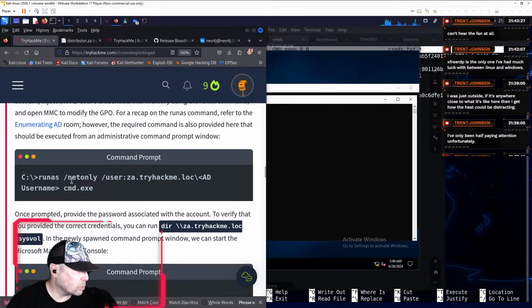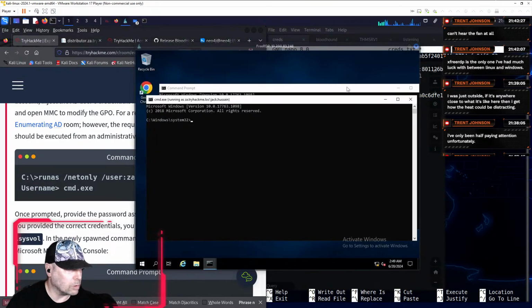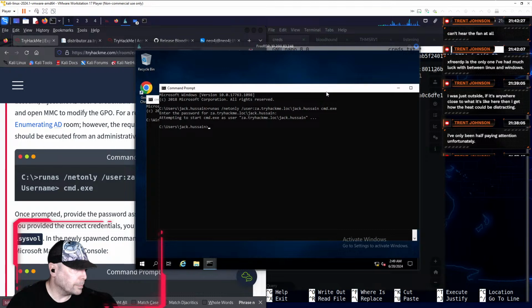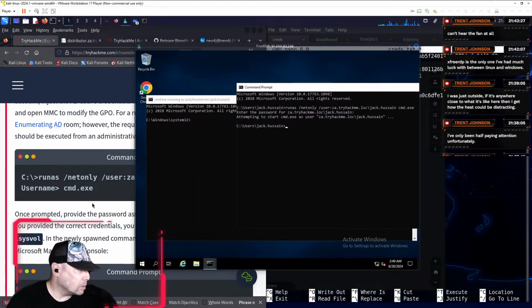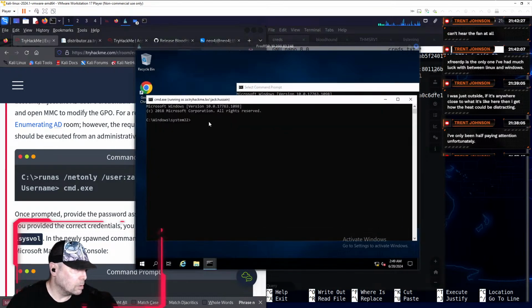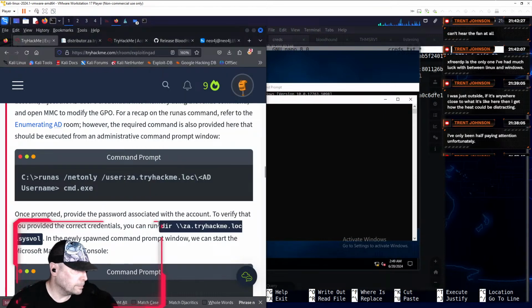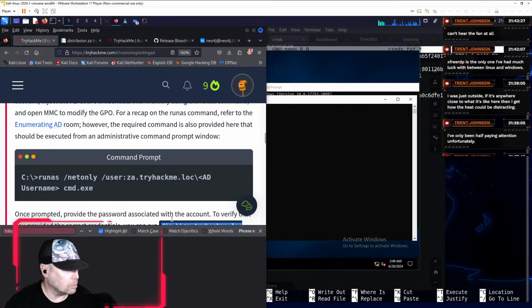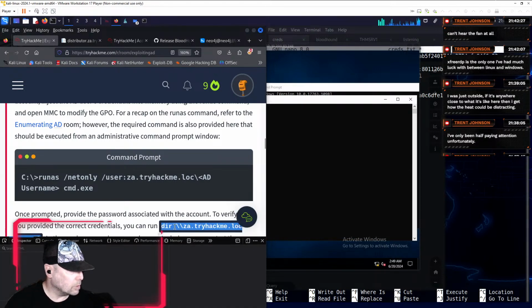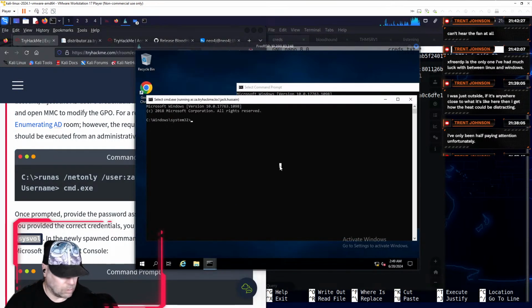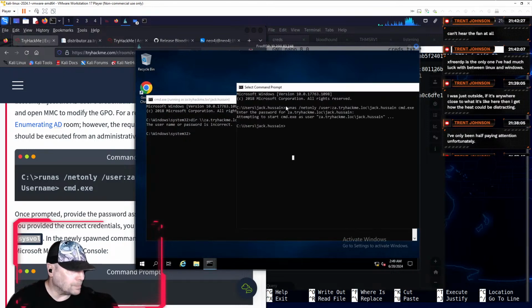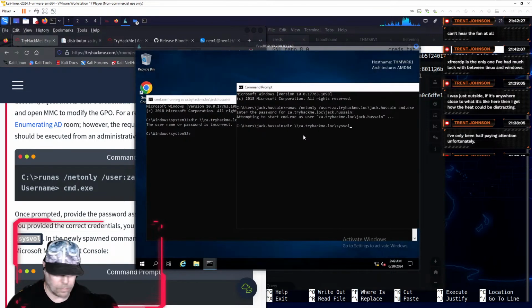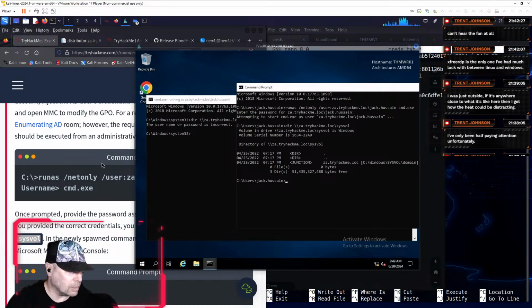To verify that you provided the correct credentials, you can... Okay, from which window? Does it matter? Let's try from this one. What's the worst that could happen? See, now I'm using Control-Shift-C wherever I go. Had a 50-50 chance, and I got it wrong.